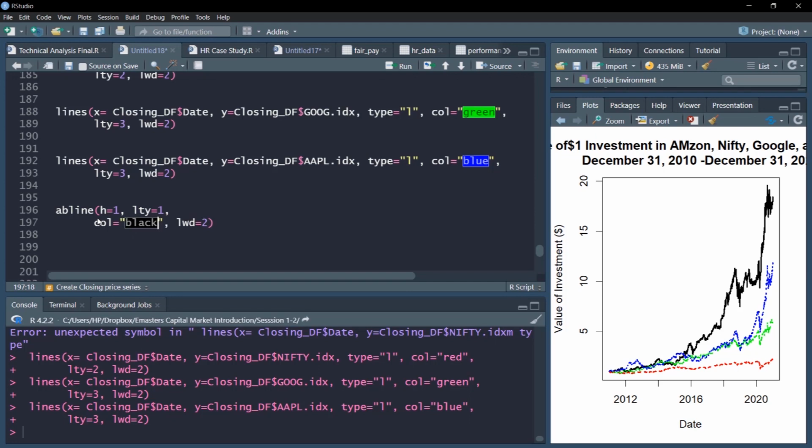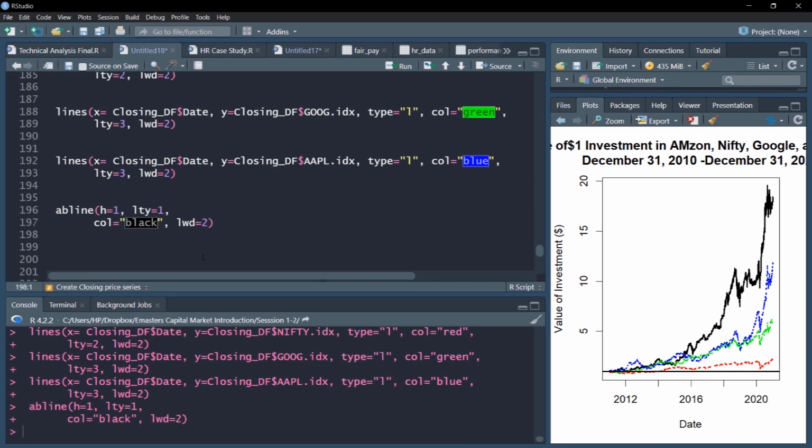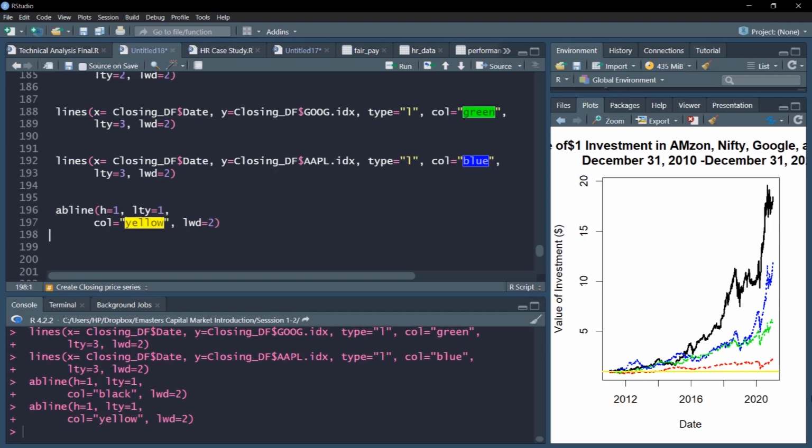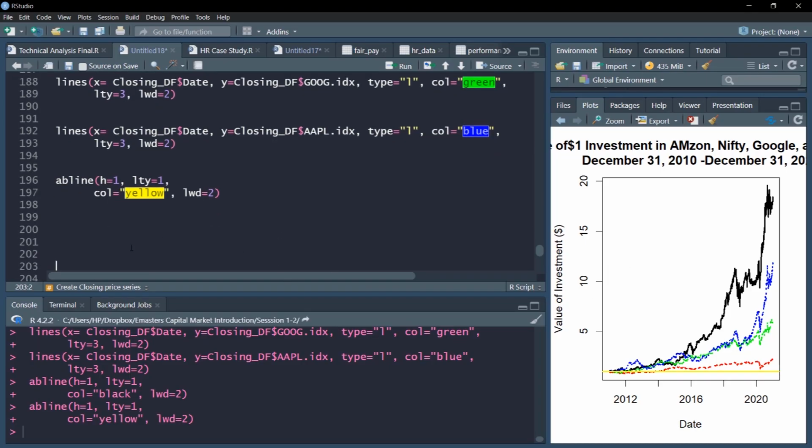Let's see how it appears. It's there, but because we have already plotted black in the beginning, let me make it yellow. So it's there. Now this is the abline. Now we'll add the legend so that our plot looks nice. We'll consolidate all these things. So let's add the legend.